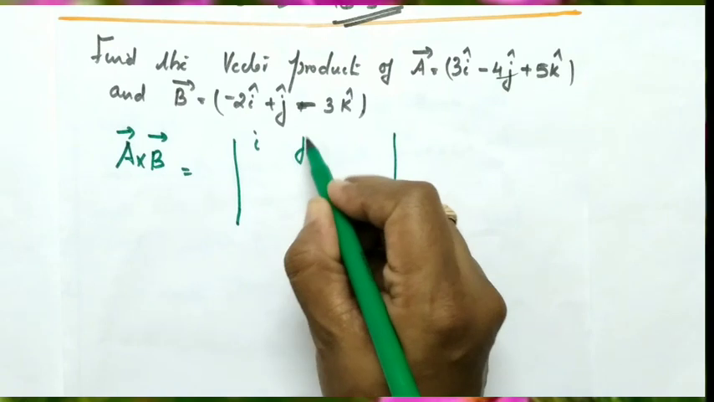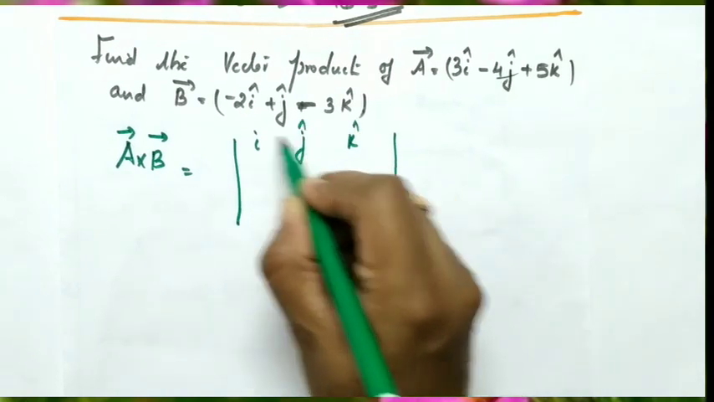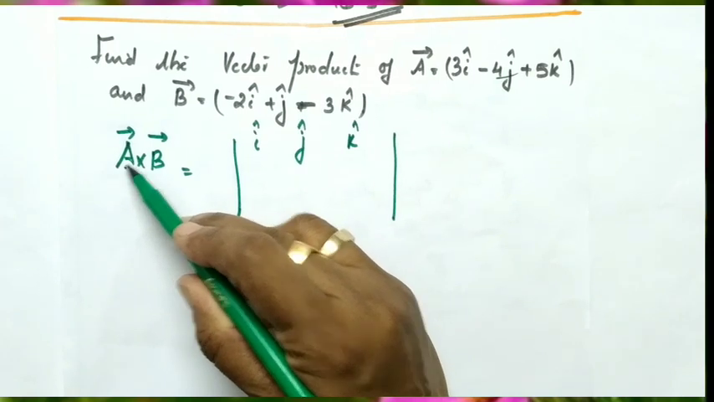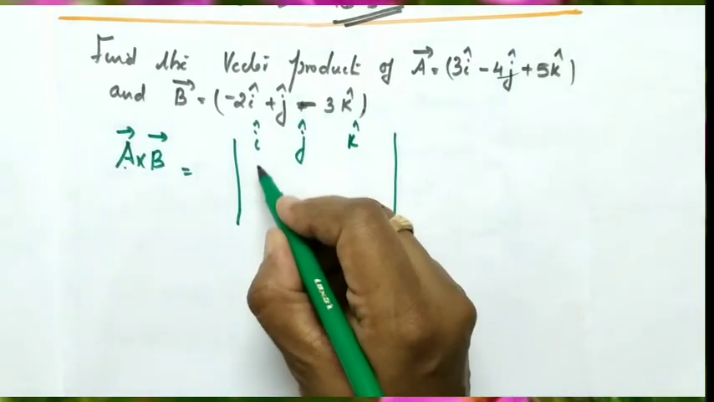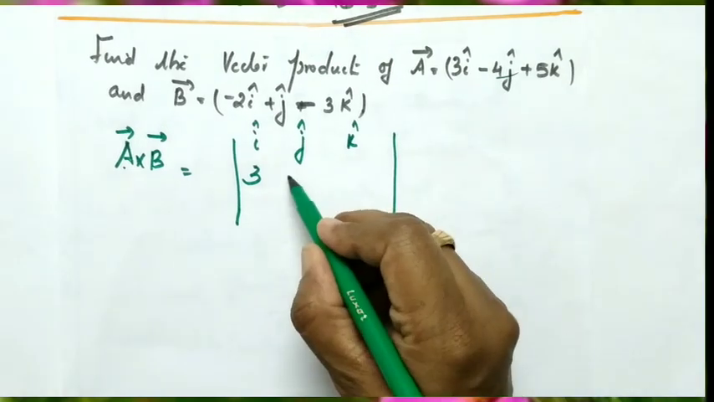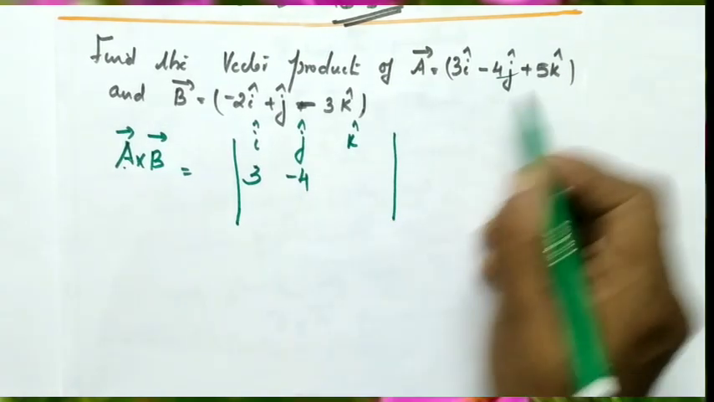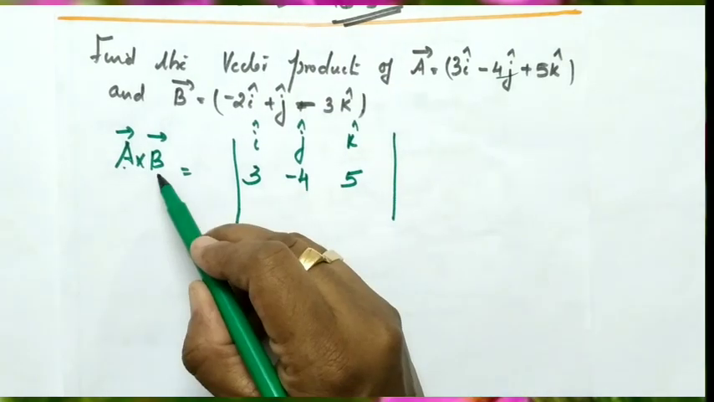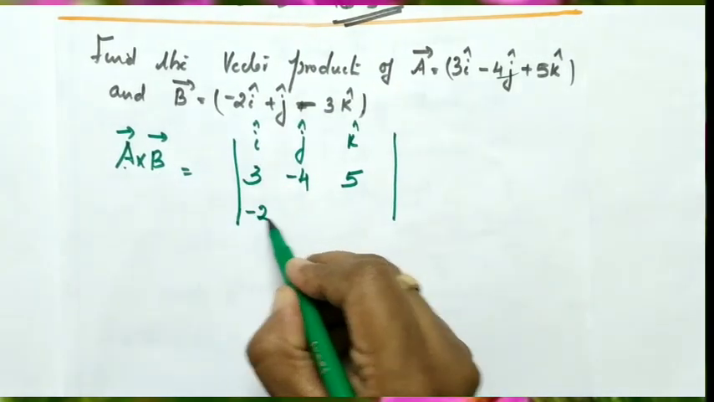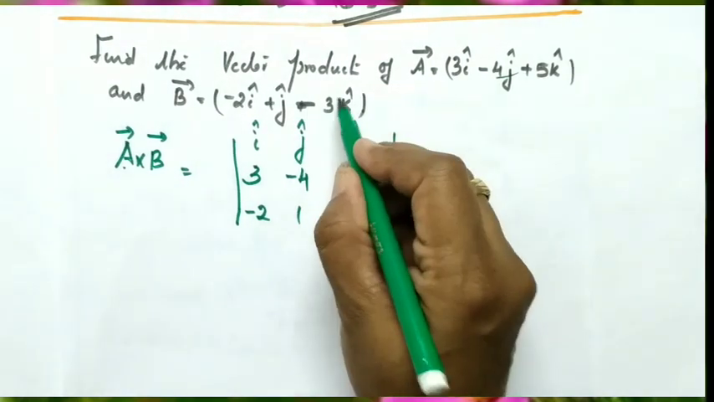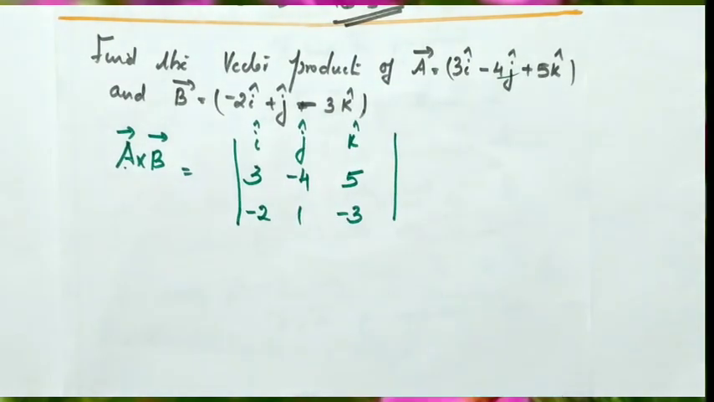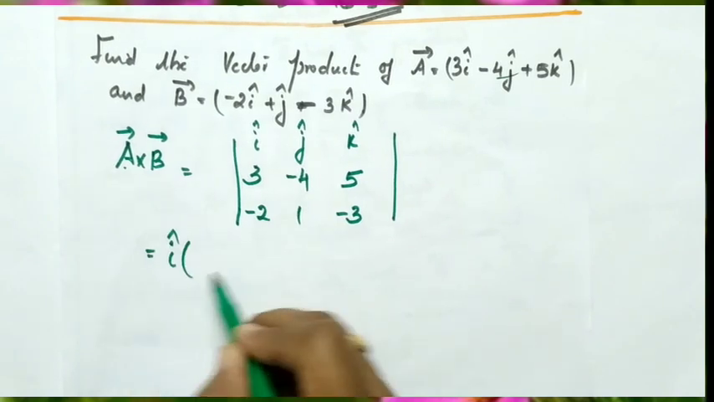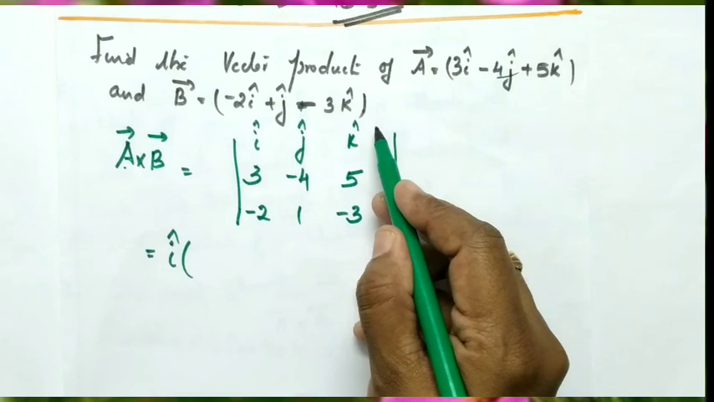First the unit vectors i, j and k. Then below that, the first vector is A, so we write the components of A. Here 3, here minus 4, here the component of k is 5. Now the second vector is B: here minus 2, here 1, here minus 3. Okay, is equal to, then we multiply the unit vector i into, leave the row and the column,